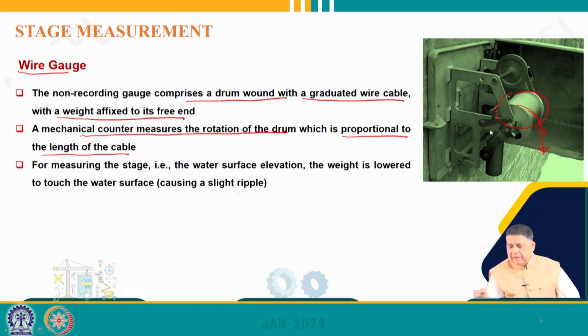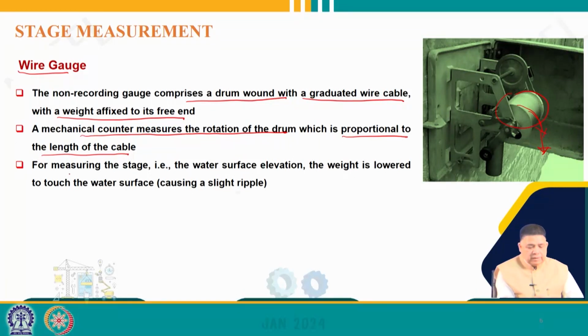So, the measurement could be in two ways. One could be the cable itself could have measurements, or the rotation of the drum also could be measured in order to know how much cable has been lowered for reaching the water